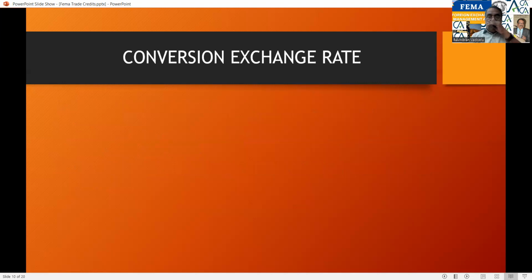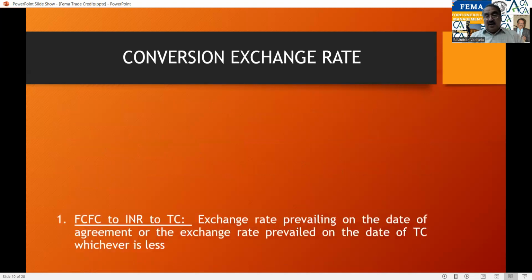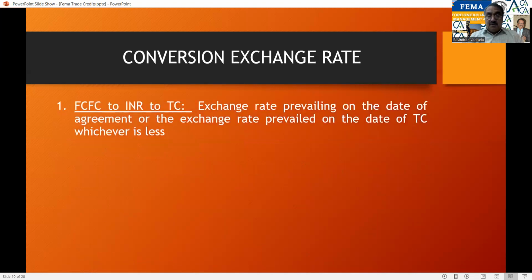And now you have got the trade credit in one currency. Can you convert or change the currency? Yes, it is possible. But you have to calculate the exchange rate. So what is the exchange rate? It is the foreign currency rate prevailing in the market on the date on which you entered into the agreement. That is called the exchange rate. So, for freely convertible foreign currency into INR, for trade credit,